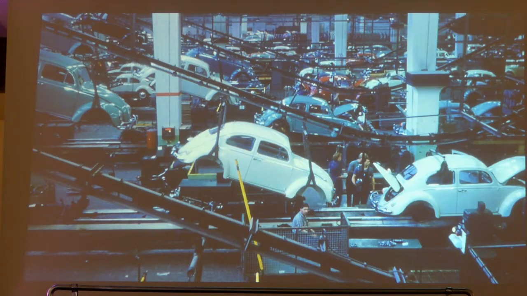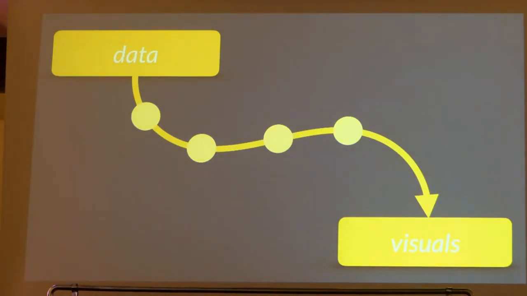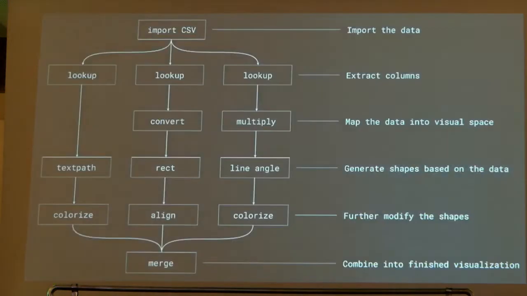Right? Now we're not a car factory, we're doing data visualization, so we go from the data to the visuals. Okay? And we have some intermediate steps, of course, that we have to take. We have to do some data processing to get it in a correct shape. And then at some point, of course, we have to turn a piece of data into a visual component, into a visual parameter. That could be a width to create a bar chart, or it could be changing the size of the circle, the radius, or it could be something else, changing elements on the page, putting them on a map, doing numerical projection, things like that. So we split that up into discrete steps.